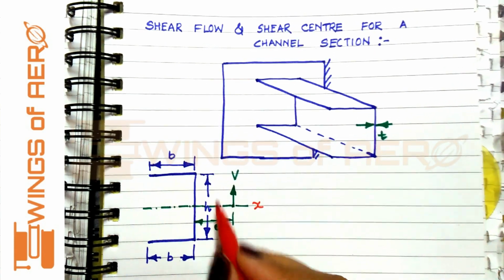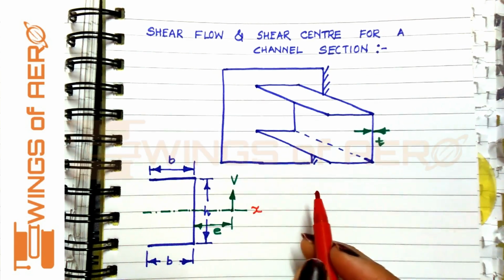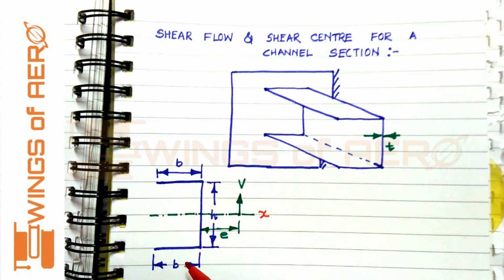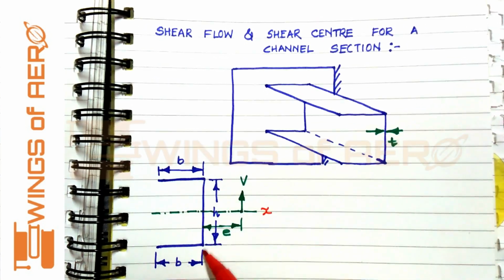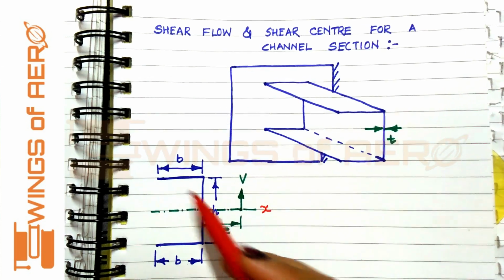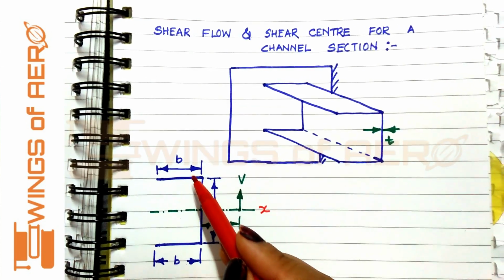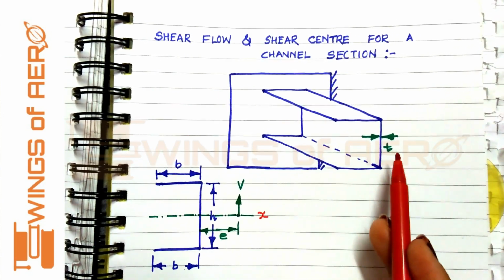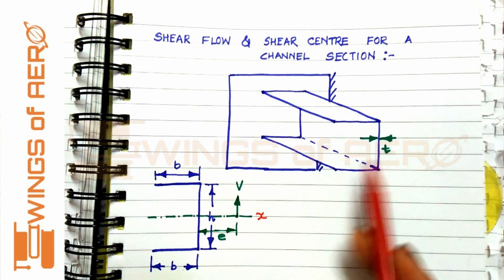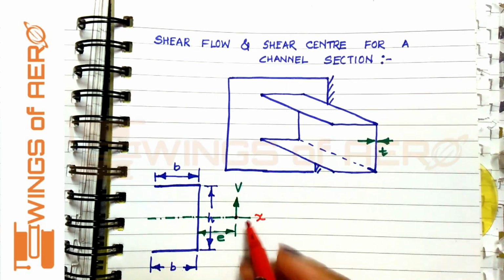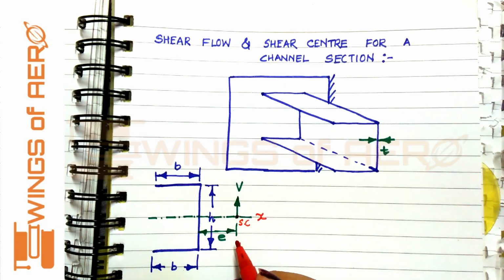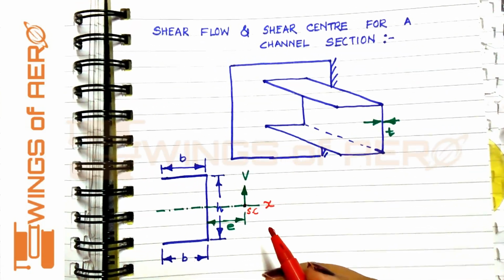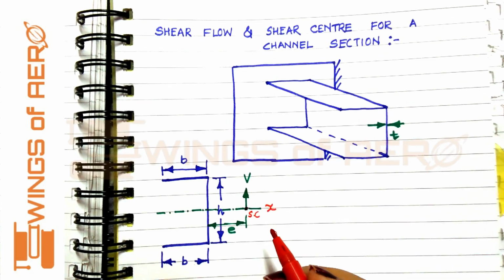x-axis. So you can see the dimension of a C-section. This is a cantilever beam. So we are taking a cross section of this beam, that is the C-section. And here we can see that the height of the web is h and the width of the flanges is b, and the thickness of the beam is t. And this is the point of shear center, the point at which there is a bending moment but there is no torsion or no twist at this